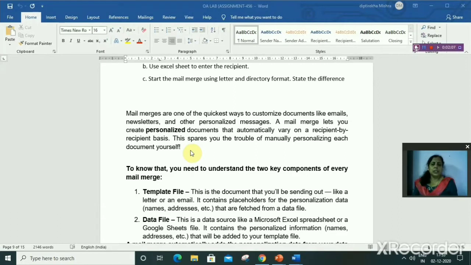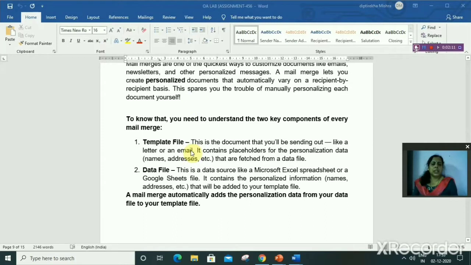and it can merge with every single recipient. So the basic components of mail merge are: first, we have to create a template file. The template file contains the main document or main letter that you want to send to the recipient. The next is the data file. Data file means the recipient address list.